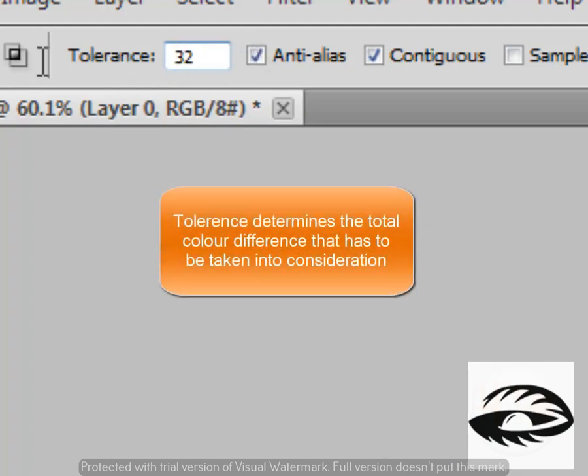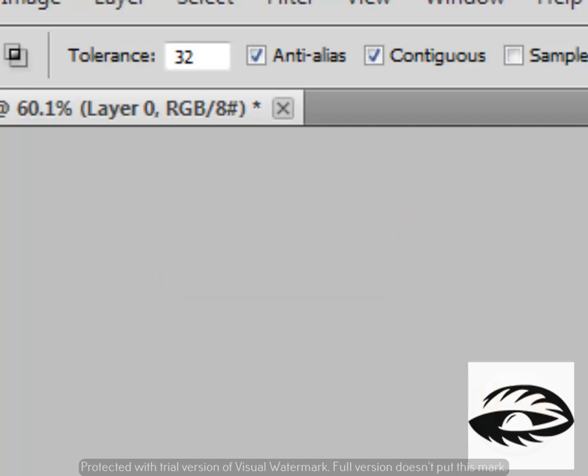The tolerance here means that in the color range of the point that we have clicked, how many pixels above and below the selected color should the magic wand tool select. For now we will leave the tolerance at 32 only,